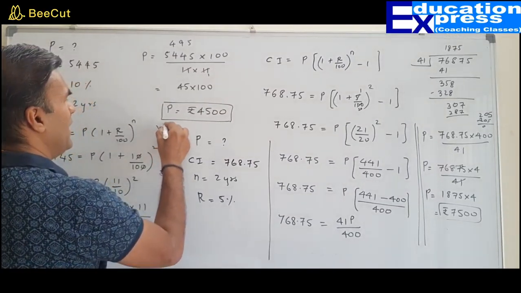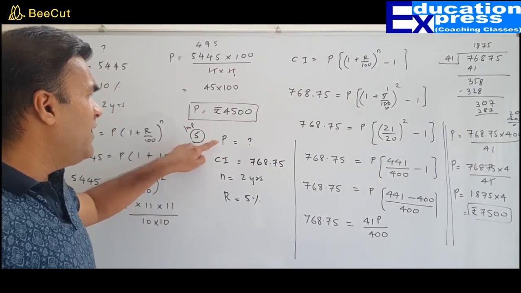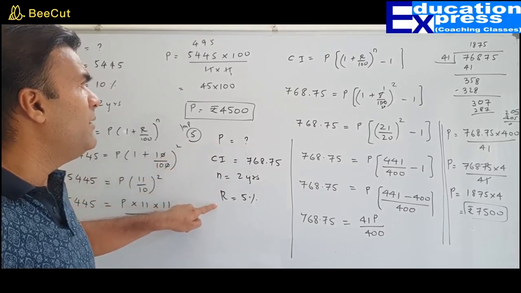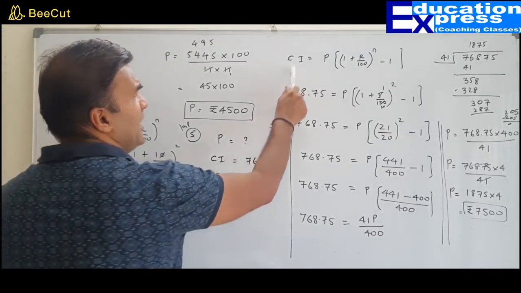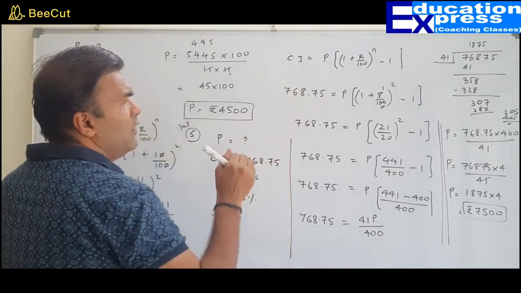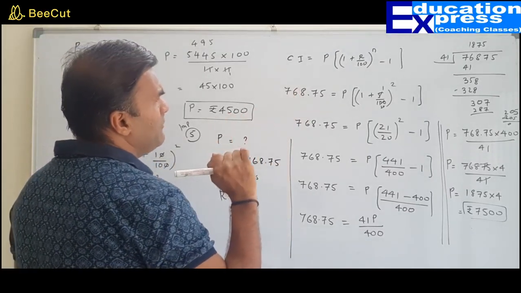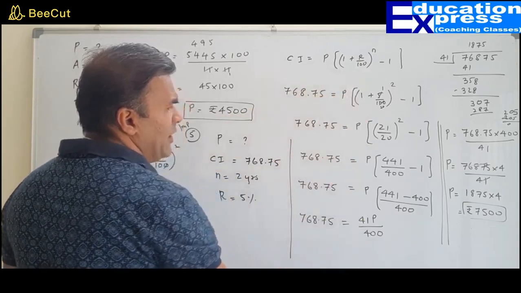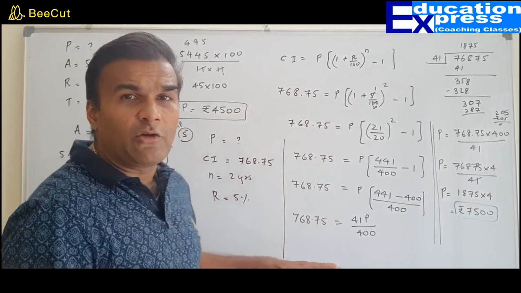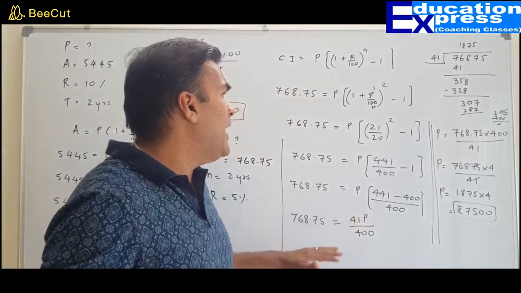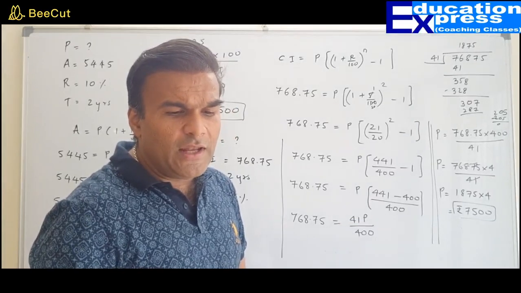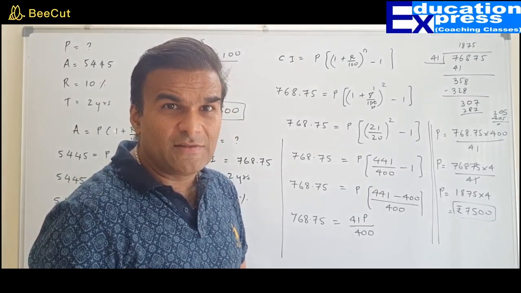So my dear friends, this is a very systematic and simple way, a very important question. You must practice this question. They didn't give us principal; compound interest, time and rate are available. I am adopting the formula of CI which is already given to you. 4 formulas have been shared with you. If you refer to that formula, you just have to substitute the values and process your calculation. If you are right with your calculation, this is a straightforward question. Let us move on to the next question, question number 6.